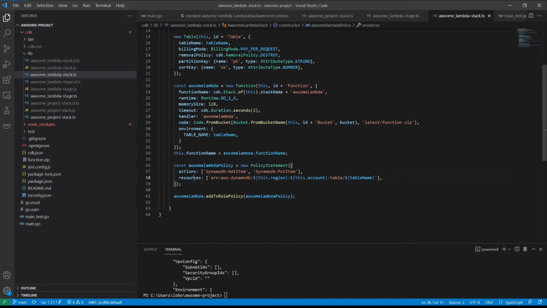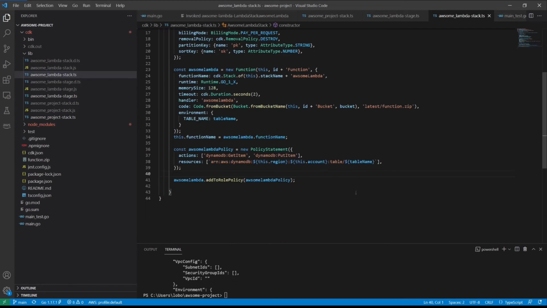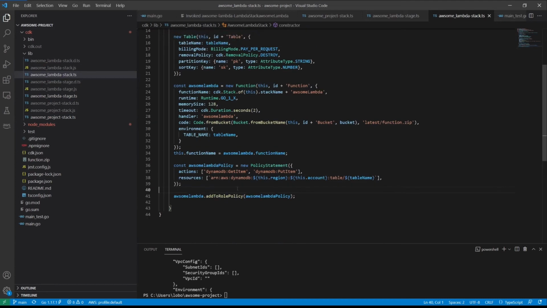So Kate specified here that we want to be able to do a get item call and a put item call on this particular DynamoDB resource ARN, which specifies that just this particular table is the only thing that Lambda is allowed to do get item and put item on. And then we need to be able to add the policy to the role that's attached to the Lambda function.